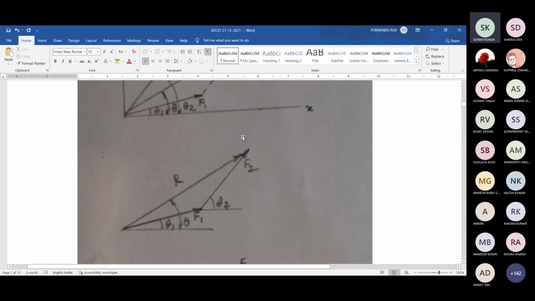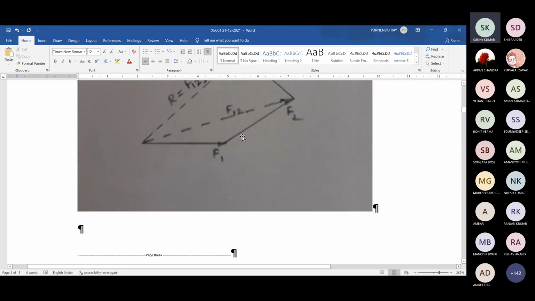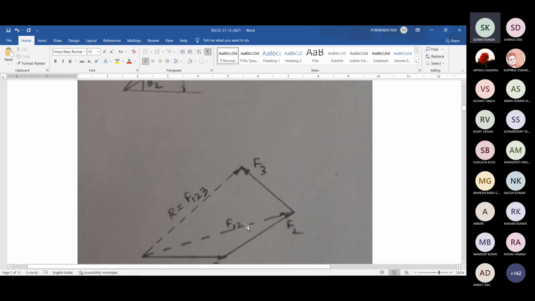Sir, what is the angle theta 3? Theta 3, all these angles are measured from the positive x direction anti-clockwise, as you have done in your schools. So it comes in the second quadrant. All Sin Tan Cos, cosine is negative automatically. Suppose this angle is 45 degrees, so the actual theta 3 will be 90 plus 45, 135. So cosine 135 is minus